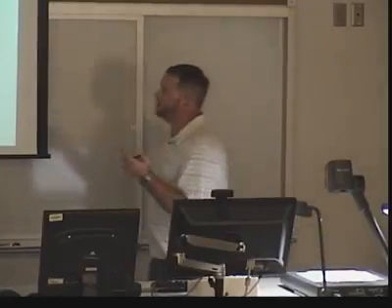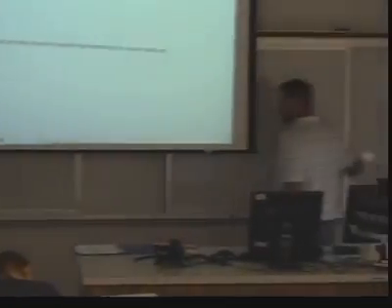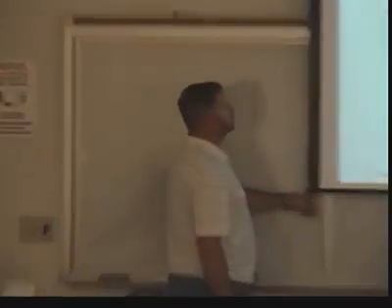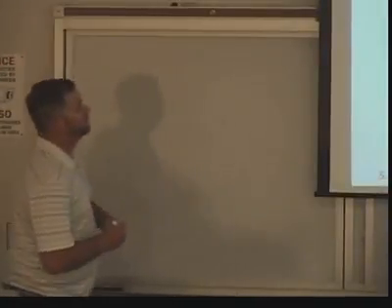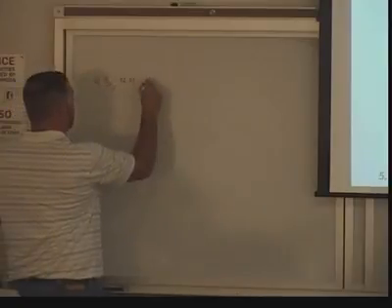So create a dot plot and then construct a stem and leaf display. Your stem will be the first value, your leaf will be the second value. All right? First we want to rearrange it into ascending order, 43, 44,